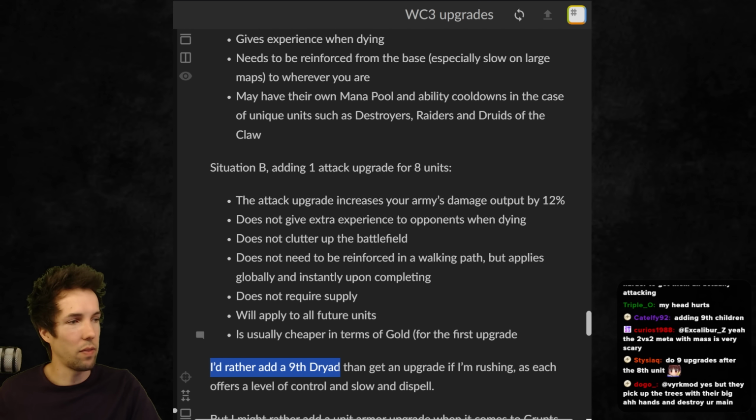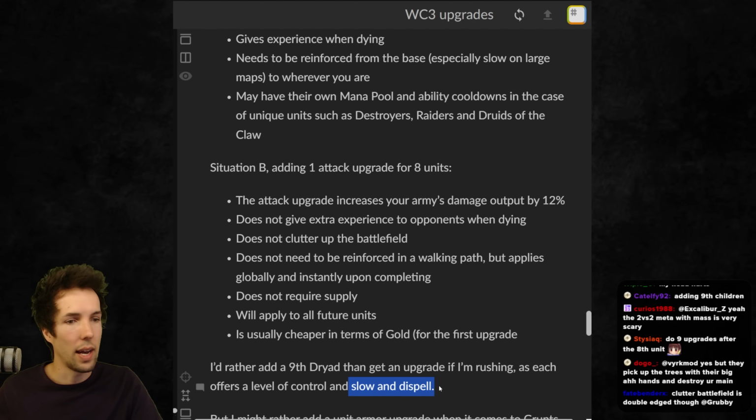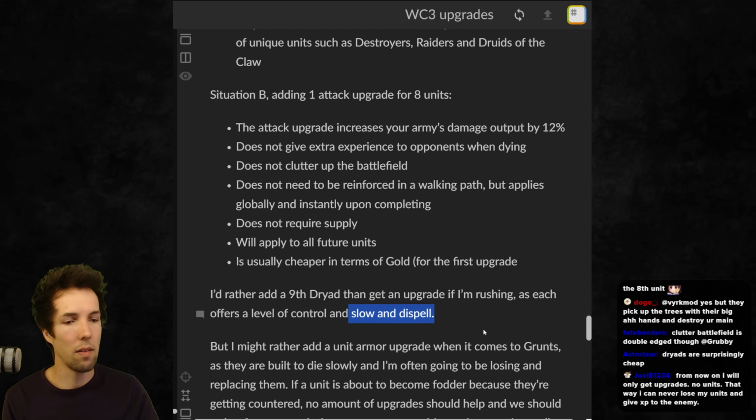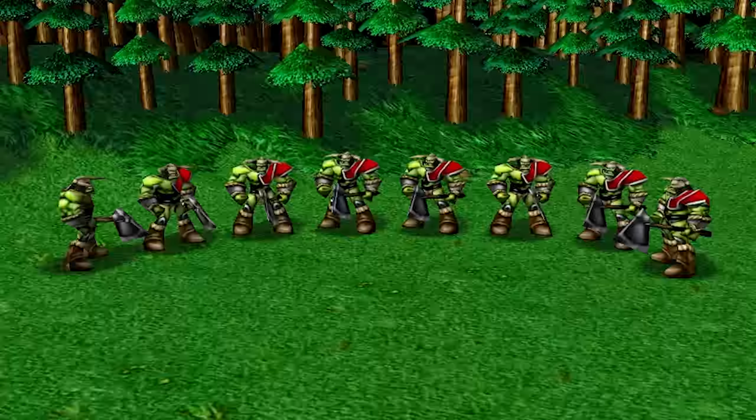So when it comes to specific units like Dryads, I would probably sooner add a 9th Dryad, as I can get more control via their slow poison, I can do more dispel, I can try to overwhelm someone fast with lots of units, and their damage is more agnostic when it comes to attack upgrades because slow poison is a component. So if I'm rushing someone, I'm probably getting a 9th Dryad rather than one attack upgrade for them. But if I am building grunts, I might sooner add a unit armor upgrade rather than a 9th grunt. Grunts are built to die slowly, they're tanky, and I'm often going to be losing quite a bit of them